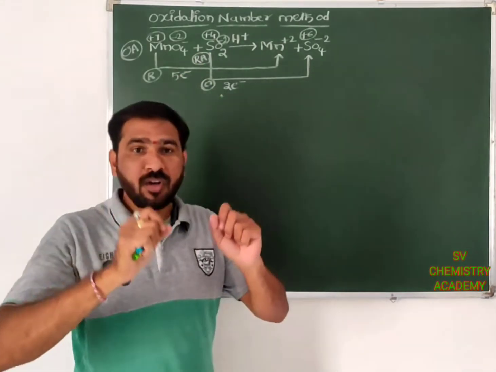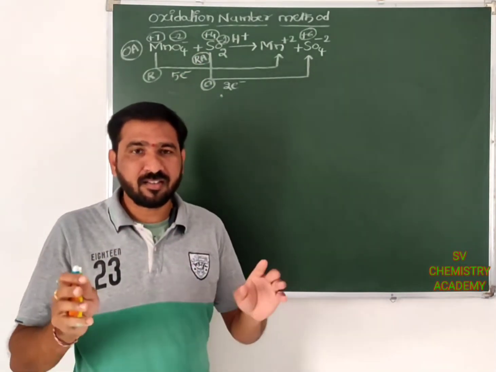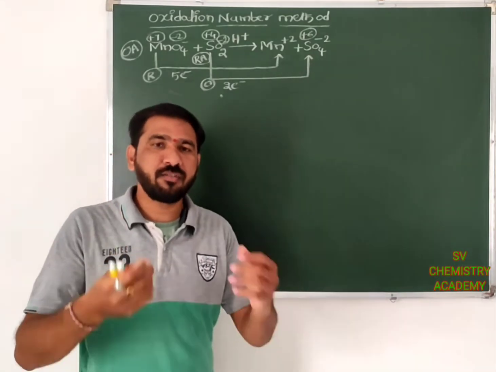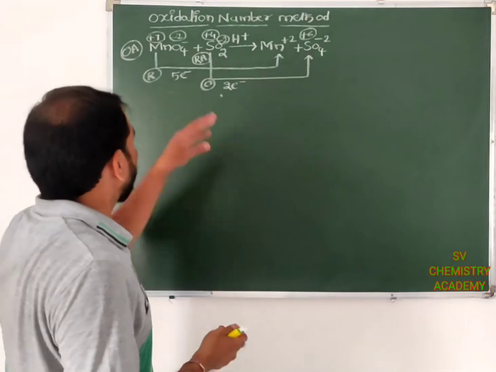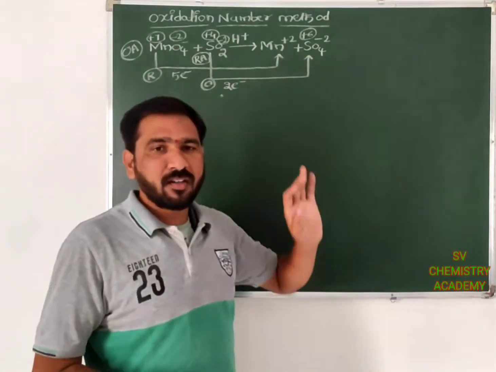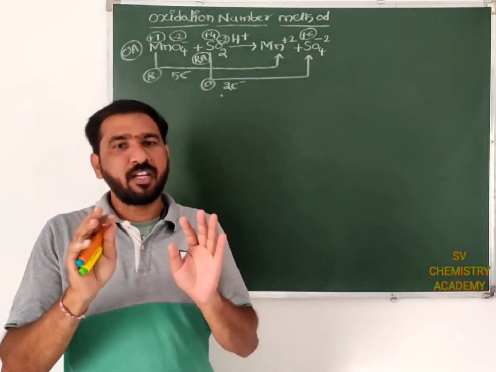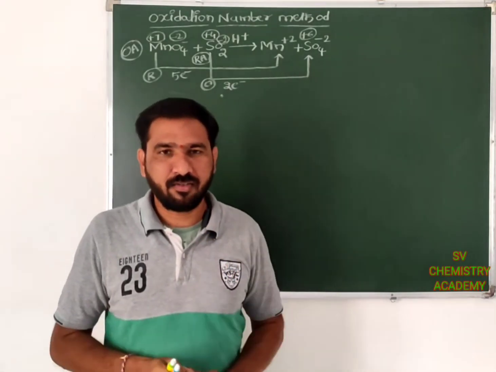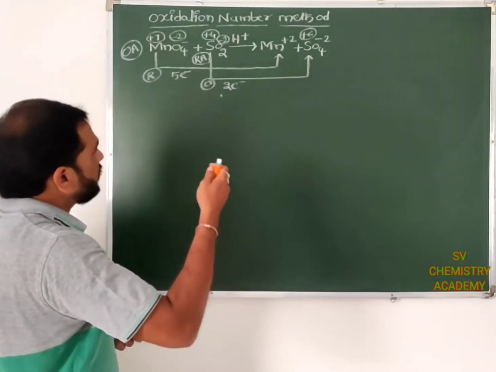Okay. Then what about the oxygen oxidation state? We are not concentrating on the oxygen oxidation state conversion, because there is no change of oxidation state of oxygen on both sides. On the reactant side and product side, its oxidation state is minus 2, constant. If there is a change, we can concentrate on that one. Right? Then coming to the next step.